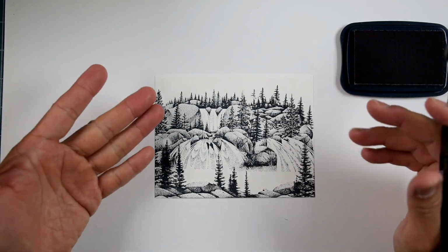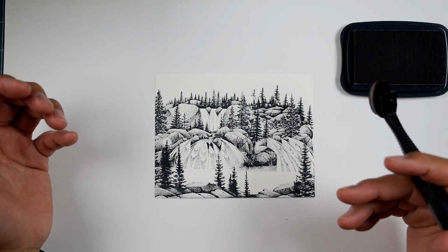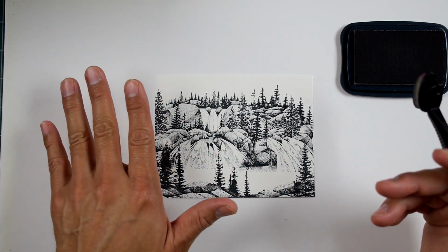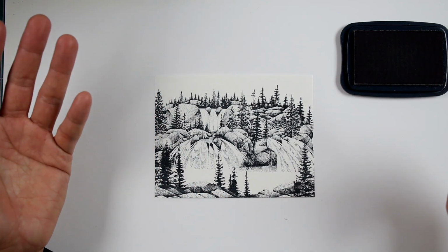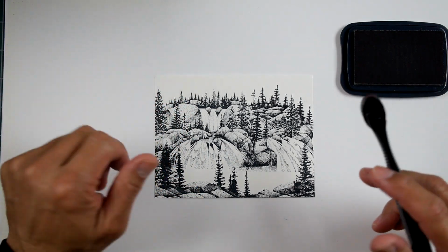Now normally, if I was going to make this into a sunset scene or something like that, I would be working in that color scheme from the get-go. I'd be starting with some warm tones. On this one, I'm just going to start off with neutrals. I'm just going to do gray tones, okay? And maybe I'll move into black, I'm not sure, in this